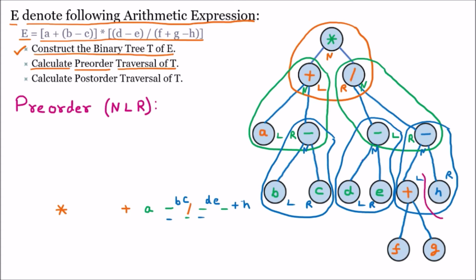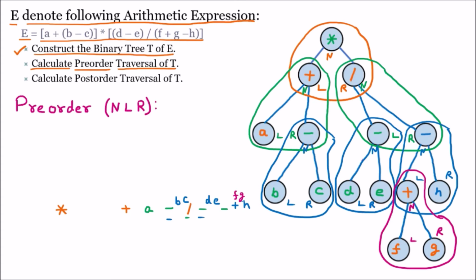Now we are going further to the remaining tree. So this one is a remaining tree, and here we are having the node, left and right. So there we are having plus, then afterward F and G. So in the plus we are having F, then G. Now is the time to make all these things into a single line.